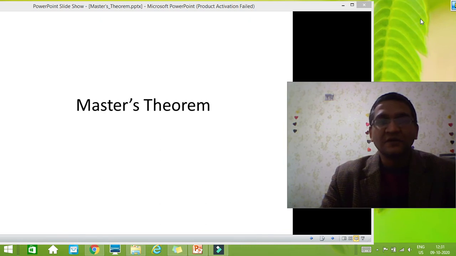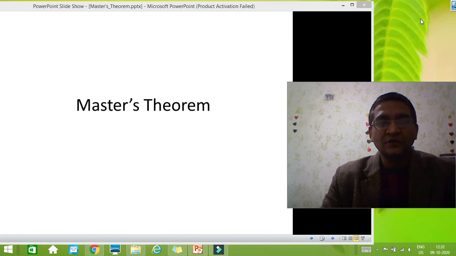We have the recursive tree method, and we have also seen that in order to find the running time of any recursive algorithm, first we need to find the recurrence relation. So first we convert it into a recurrence relation, then we can apply any of the three methods. Back substitution method is very straightforward, easy to use to find the running time.